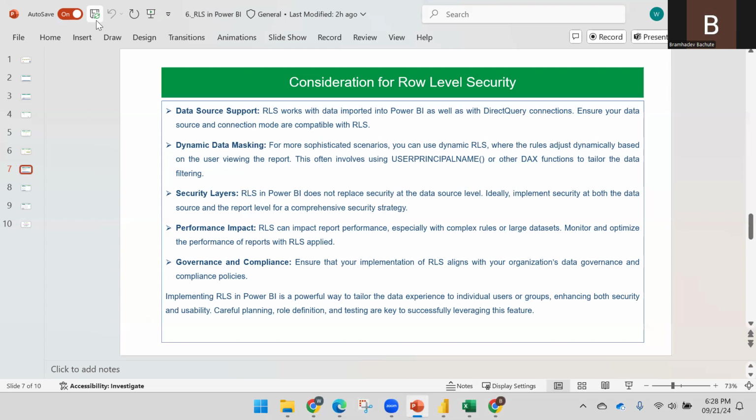Okay. And the next point is governance and compliance. So you need to ensure your implementation of row level security aligns with the organization's data governance and compliance policy. So what it does is